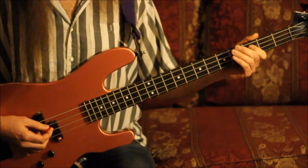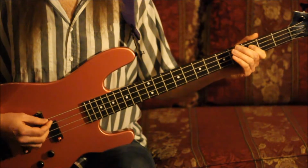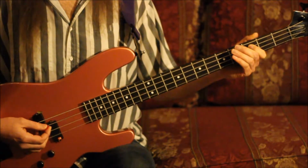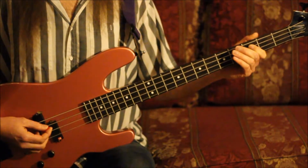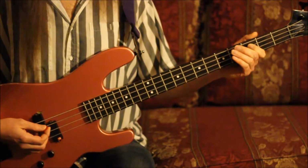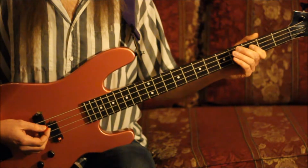What I'll do is I'll pick it and count it aloud as I do it. 1, a 2, and. Just like that. Notice the picking pattern. I went down, up, down, up. Let me do it again. 1, a 2, and. Okay, what we did there is we're still using triplets, but I tied the first and